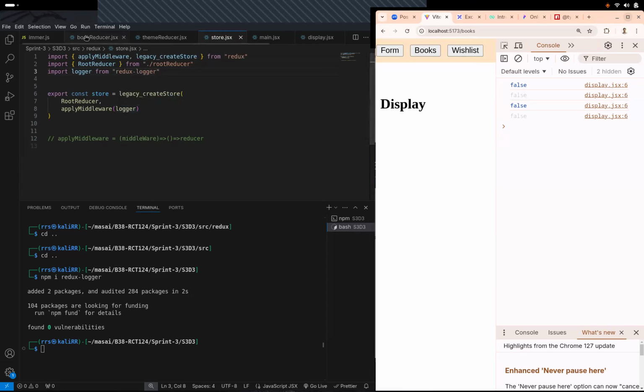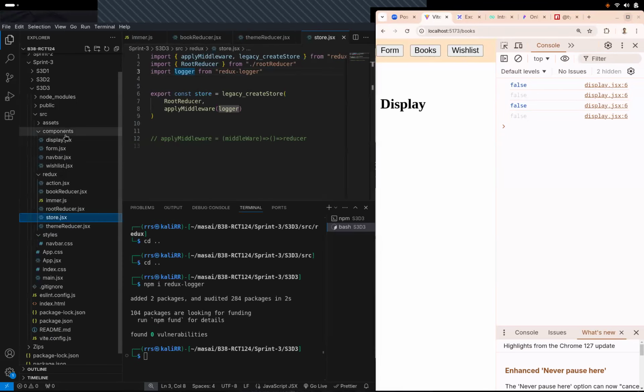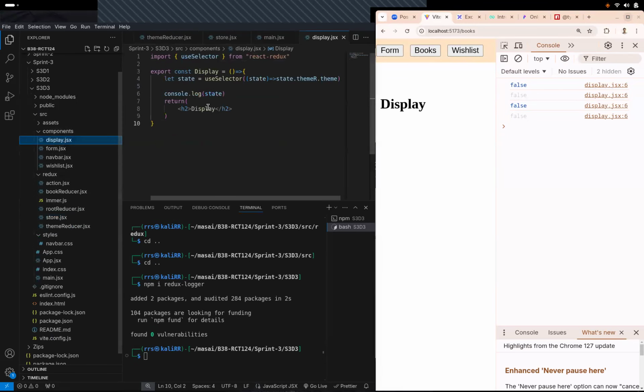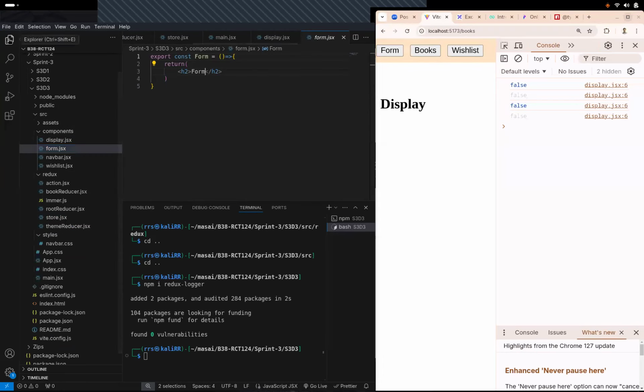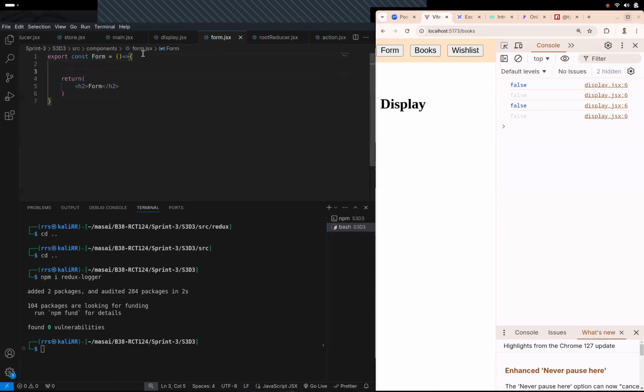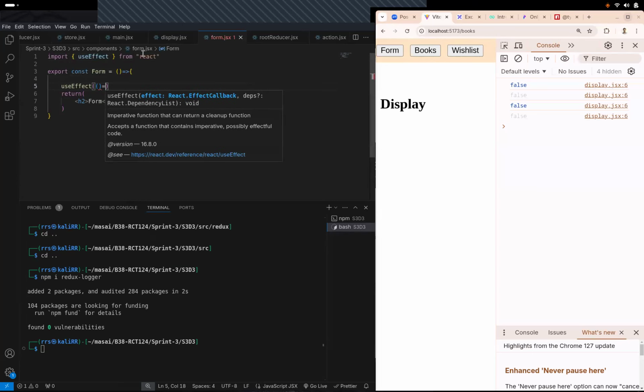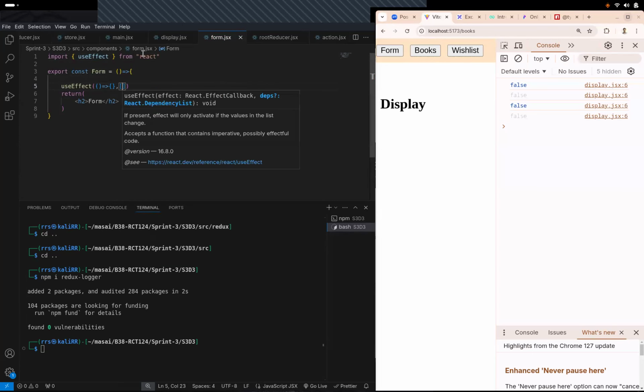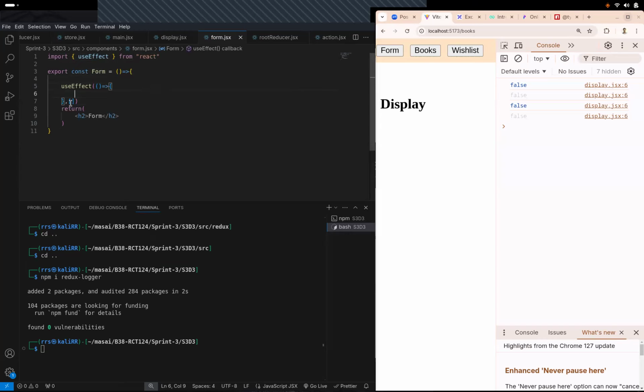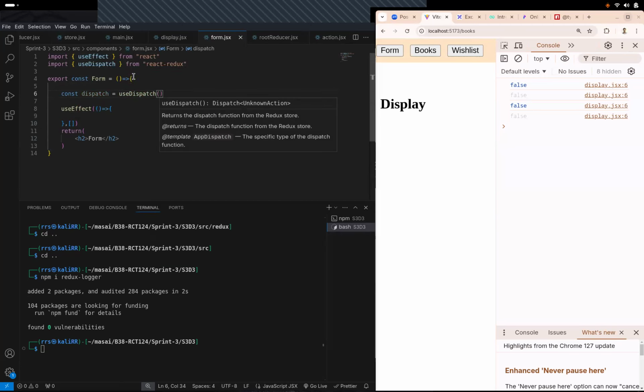We might not be dispatching anything, so the selector might not work. Let's get into form, and work in form. Let's do a useEffect, and over here, whenever the application runs we are going to dispatch something, right? So whenever the application runs, we are going to dispatch: const dispatch equals useDispatch, and yeah,